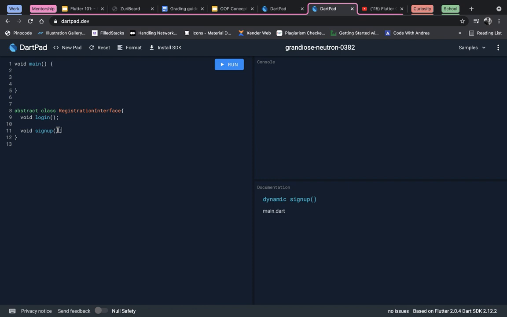So by looking at this registration interface I created, any class that tries to use this interface must override the login method and the sign up method. Any method that we put inside this registration interface must be overridden by any class that wants to use the interface. So for example, if we create a new class called